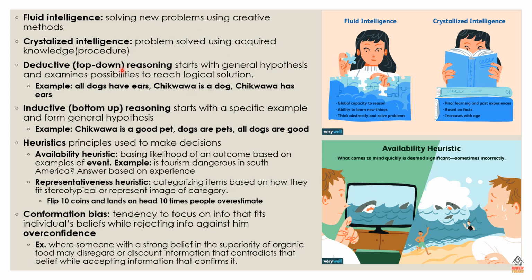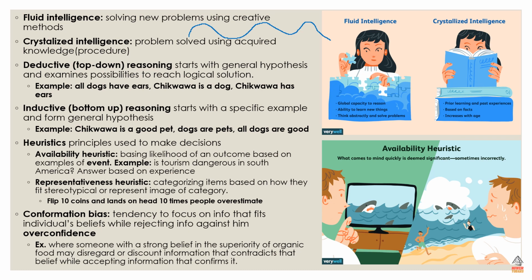Then you got fluid intelligence and crystallized intelligence. Fluid intelligence is solving new problems using creative methods. Crystallized intelligence is problem solving using acquired knowledge. It's like procedure. So with fluid intelligence, in order to know the difference between them, I want you to imagine a wave. You know, fluid, wave. As you go through life, you earn experiences, you go through events,